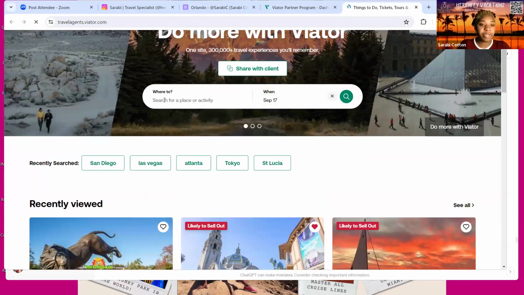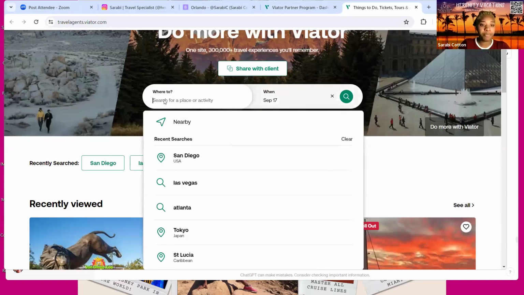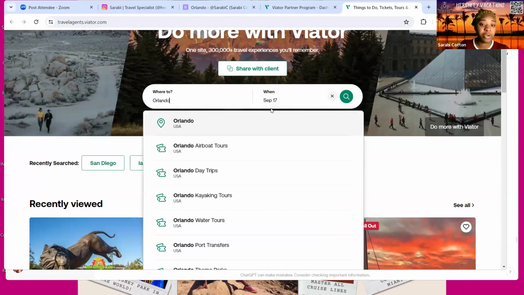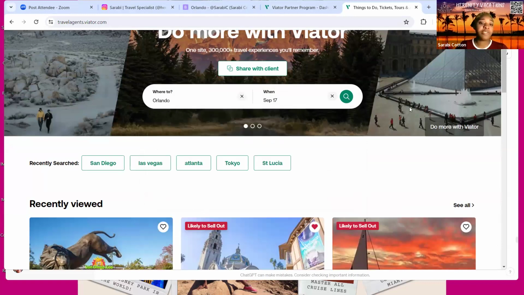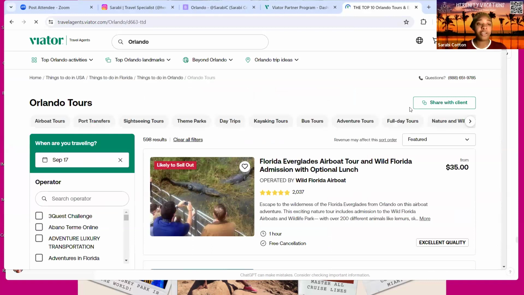Now, I will say, and I'm going to show you this when I do it, Benable has its own affiliate link, so the rule when it comes to affiliate links and using our vendor affiliate links is you have to pick one, just like with Rakuten. If you try to double get commission, it's not going to work. There's a little button you can click off of Benable where you'll get the Viator commissions instead of the Benable commissions. And like I said, I'll show you where that is, but just keep that in mind when you're using this link.